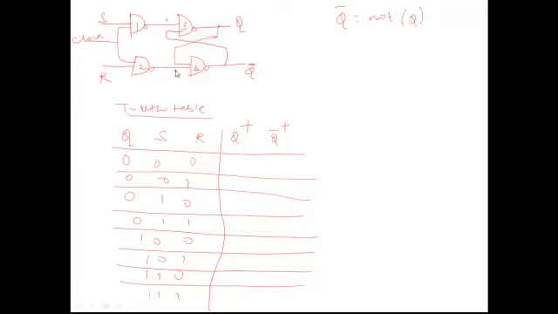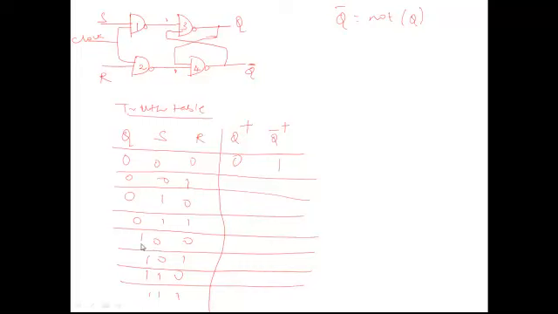For example, we will start with the bottom gate 4. Gate 4 has the other input as Q. Now we are working on the first row of the truth table. Q is 0. So if Q is 0, what will happen? Obviously the output will be 1. So Q plus bar will be 1. This 1 will come to the input of gate 3. So the 1 and 1 combination will give you the output as 0.